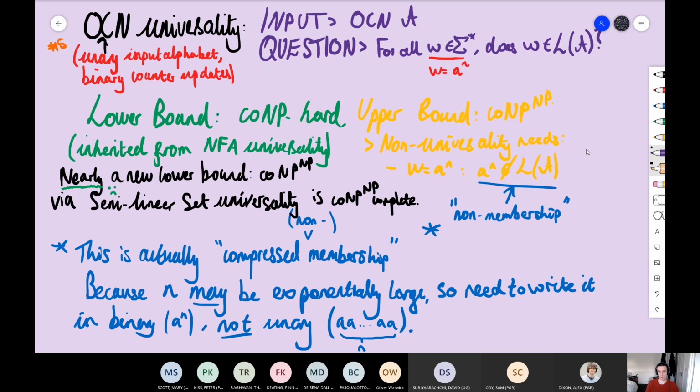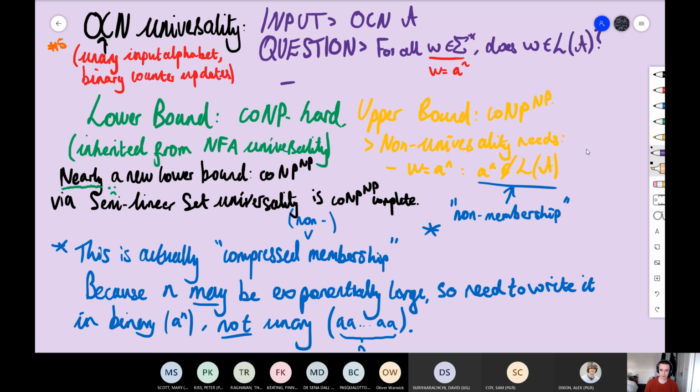We have a lower bound and an upper bound. The lower bound is co-NP hardness, and this is inherited directly from NFA universality. I won't go into why this is co-NP hard, but I'll go into why it's inherited. An NFA is just a one counter net, but every update is plus 0, because instead of having updates, you just read letters. That's suddenly an NFA, and the N rather than D in NFA, because we're allowed epsilon transitions, because these OCNs, though not written explicitly, are non-deterministic. And it turns out that NFA universality is co-NP hard. So you can just reduce, which is nice.